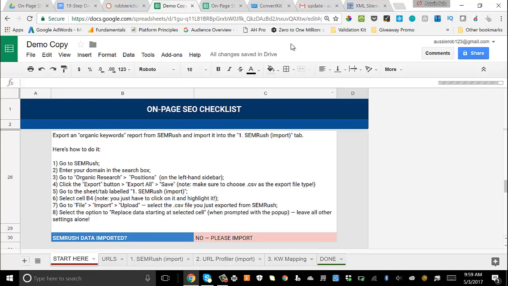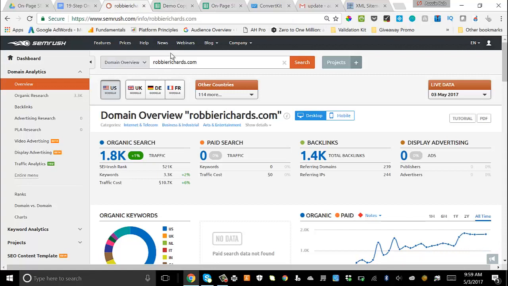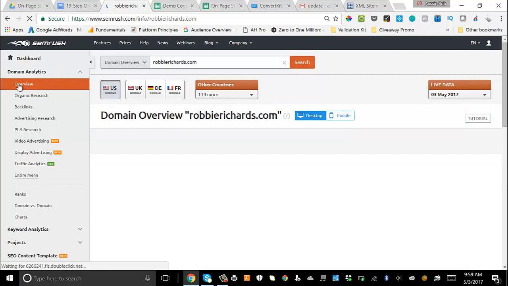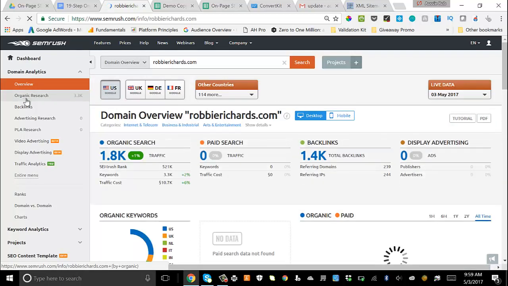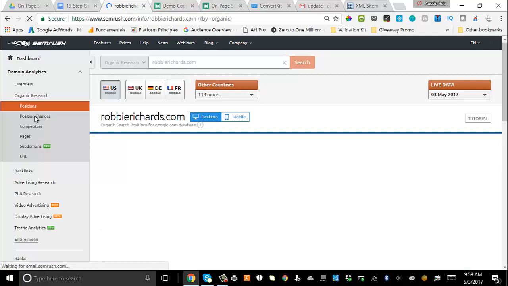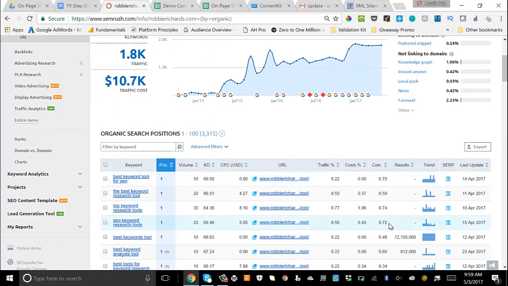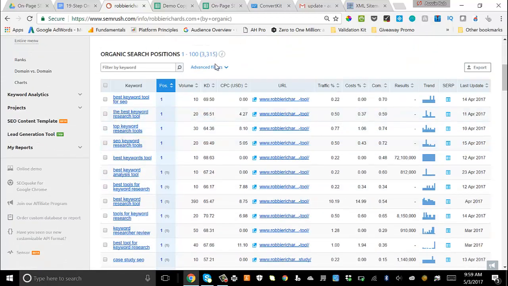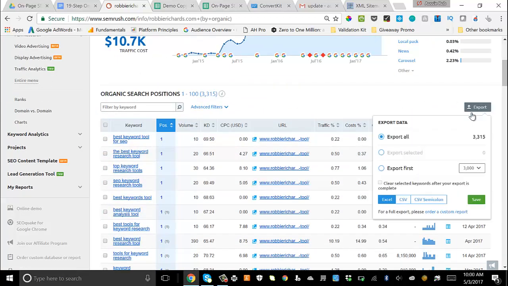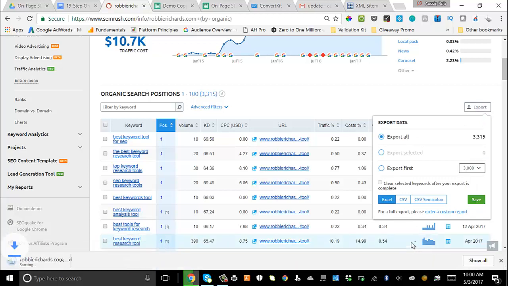So I'm going to come over to SEMrush here, and you can see I've got robbierichards.com. I just click search in the domain overview here, and then I'll come down to the organic research tab, and it'll take me to the keyword positions report. And then we can drop down and we'll see that I have a little over 3,300 keywords I'm ranking in the top 100 search results for. So I'm going to export all of these keywords,